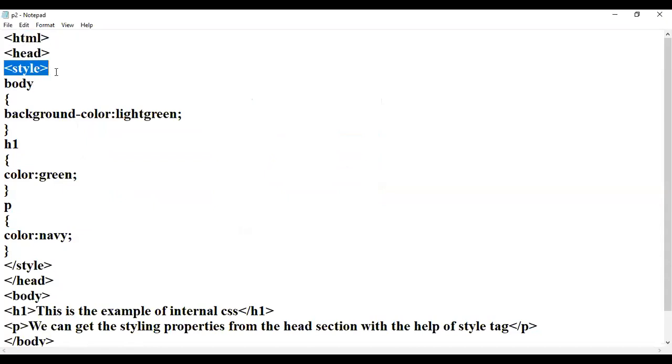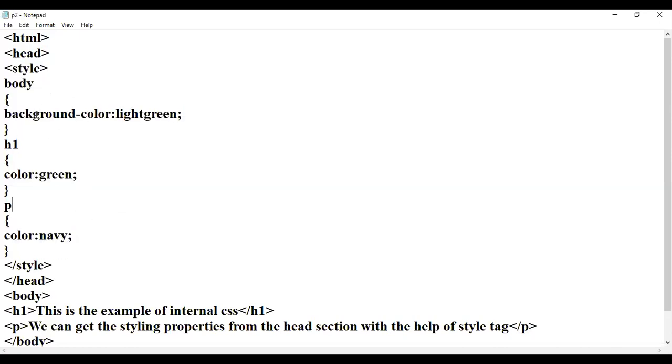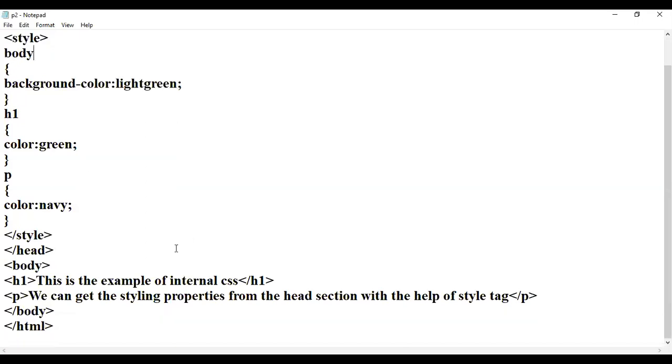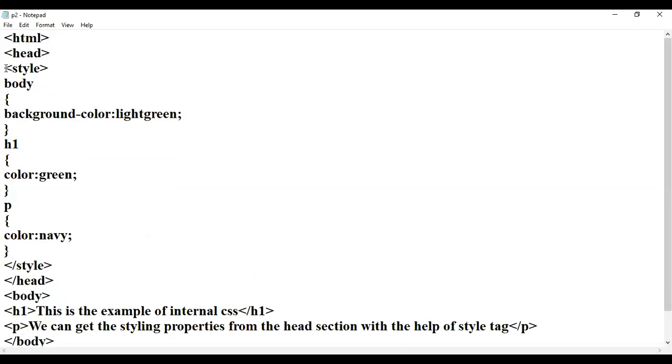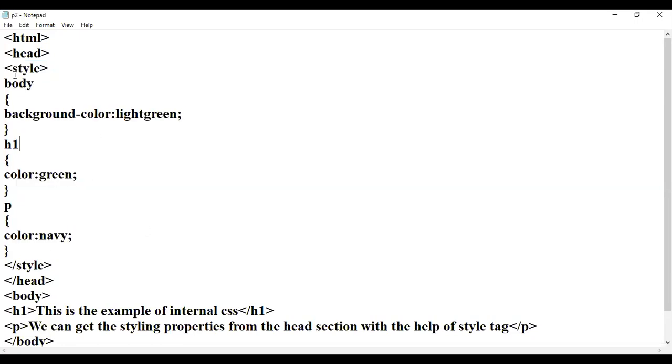This is important, please make a note: if you see a style tag in any web page or document while you are practicing at home, that means we are using internal CSS. We must write the style tag in the head section. That means we are using an internal cascading style sheet. Now I am declaring the properties I want to change in the styling part.